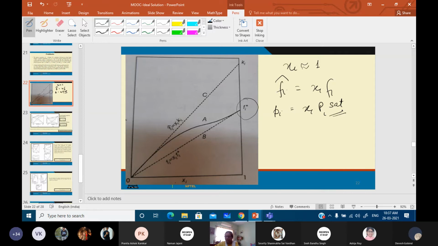Now suppose instead of a two liquid mixture, I talk of a mixture of a gas in a liquid or a solid in a liquid. Just as an example, instead of an alcohol water mixture, suppose I have a carbon dioxide water mixture. For that case, when water is in excess, I use this particular equation, I have no problems. When I have a large amount of carbon dioxide dissolved in water, say it is a liquid solution, under that condition, carbon dioxide should conform to the ideal solution model. Yes or no?